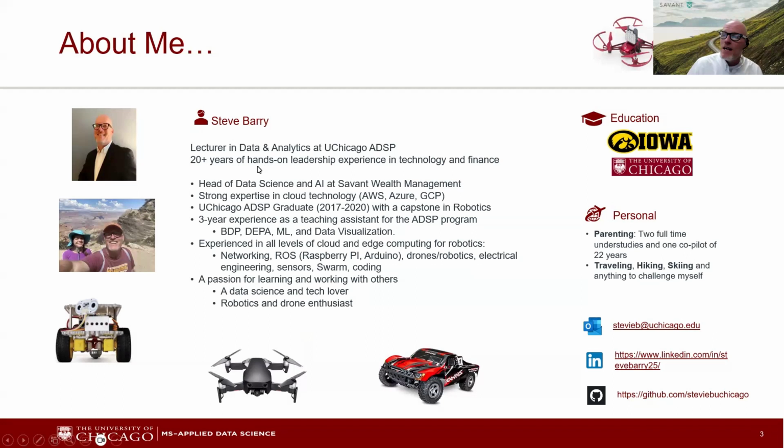My day job has me as the head of data science and AI at a company called Savant, a large wealth manager. We're in the RIA business. The largest in our industry is Charles Schwab, and I'm sure many of you have heard of that. Savant is anywhere from the seventh to the 12th largest RIA. Hopefully our business plan will make us the third largest RIA in just a few years, and we plan on doing that through data science and AI. Not entirely, but as a large pillar of our future advisory.